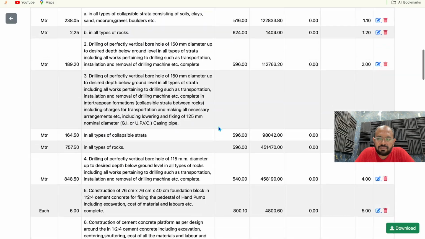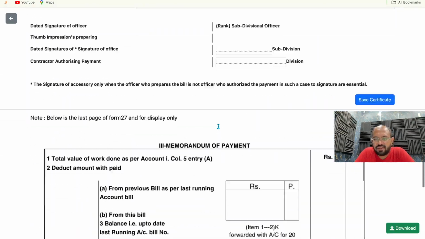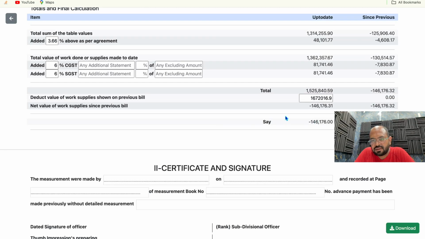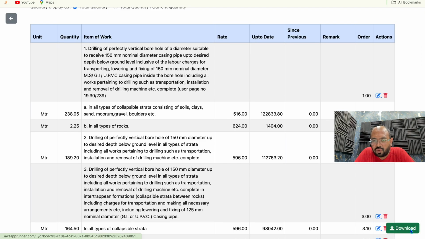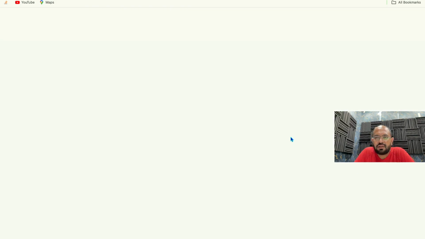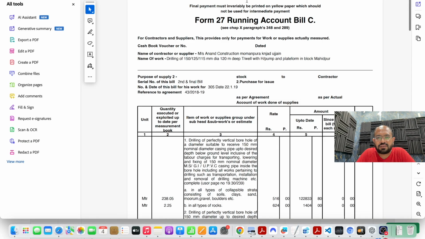So if we edit the bill, and once all these forms get filled, then these are the calculations of the amount. And then if we click on this download, the bill gets downloaded to us. So our agent in this demo is going to work with this project. The bill is generated like this.